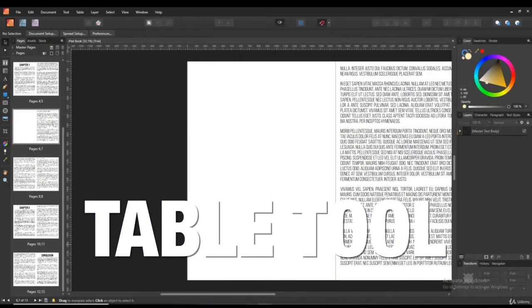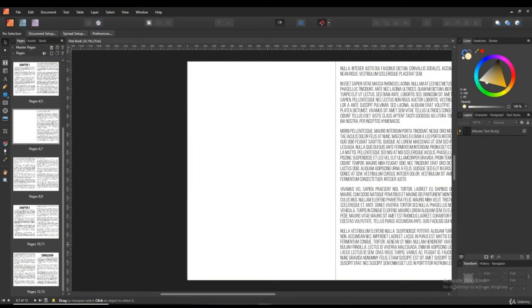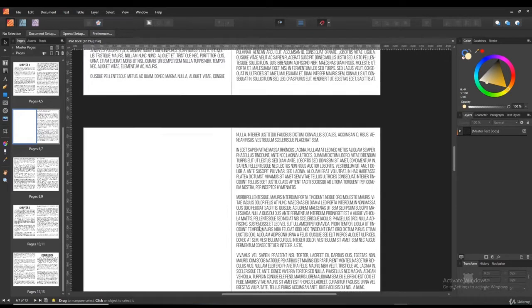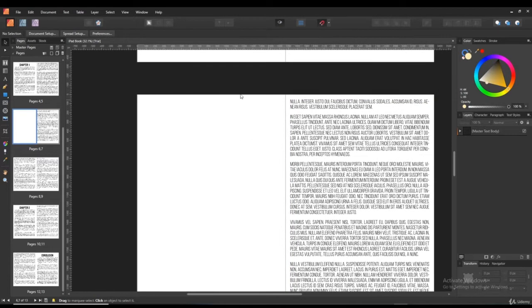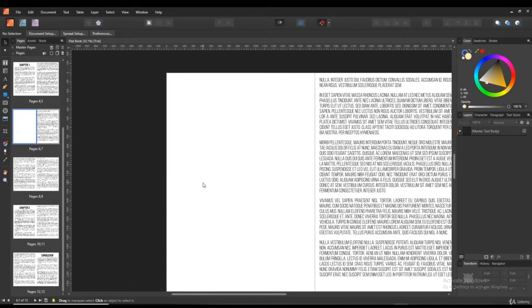Okay, welcome to the lecture about the table. So we will use this page, which is page number 6, as a placeholder for our just generic table. We'll draw just a very generic table to have it in our book. So first thing that we'll do is we're gonna use the artistic text tool and draw something